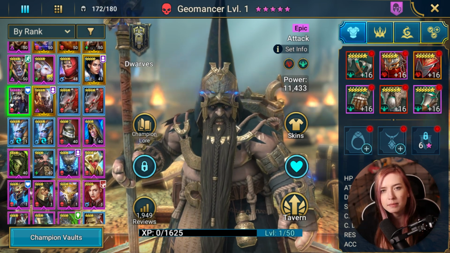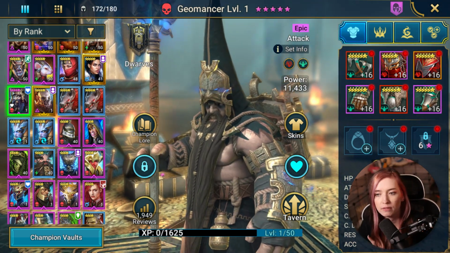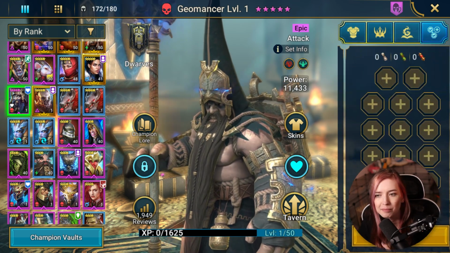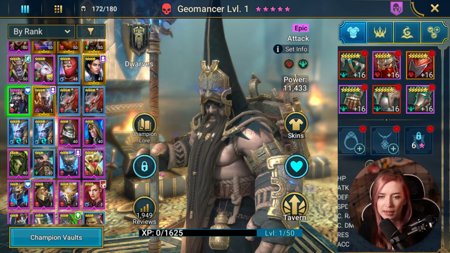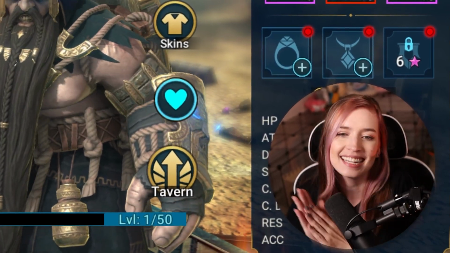So this is my Geomancer build for now. I finally at least have got him built. I can use him. Stuff is upgraded. I do just need to book him. Gotta get his masteries and get a relic on him. But I'm just happy that he is ready to go and I can actually go ahead and start using him